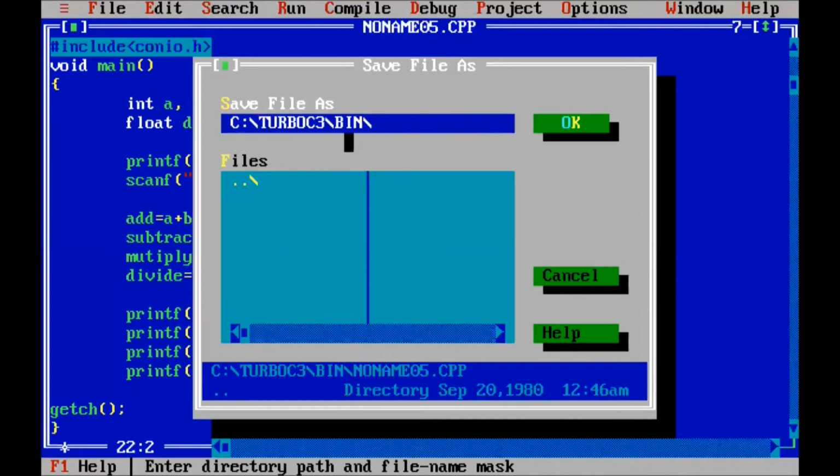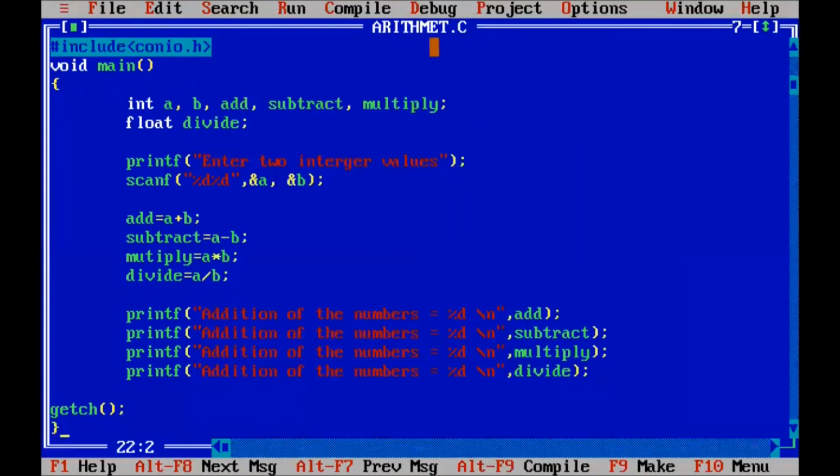Because this is the path of the C program, we cannot disturb this setting, so we just remove the name from here and write the program name: arithmetic operation dot C. So this program name is arithmetic operation. Okay, we will compile this program.